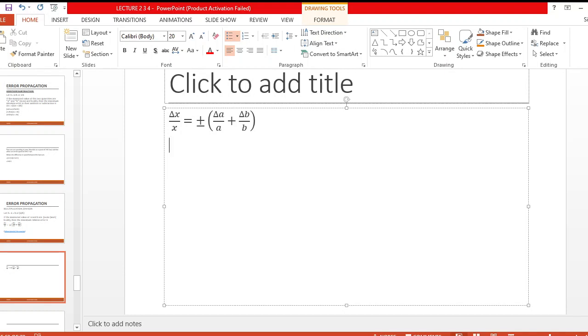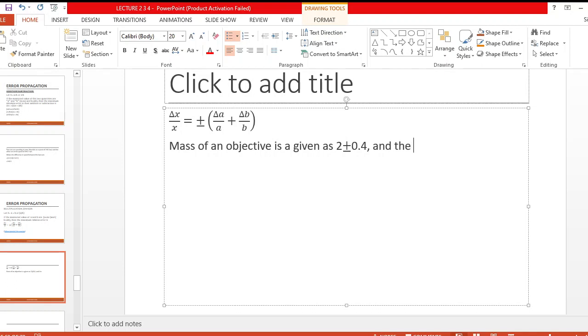And let's say now we have the mass of an object given as 2 plus or minus, I'll just copy this for simplicity's sake, 2 plus or minus 0.4,